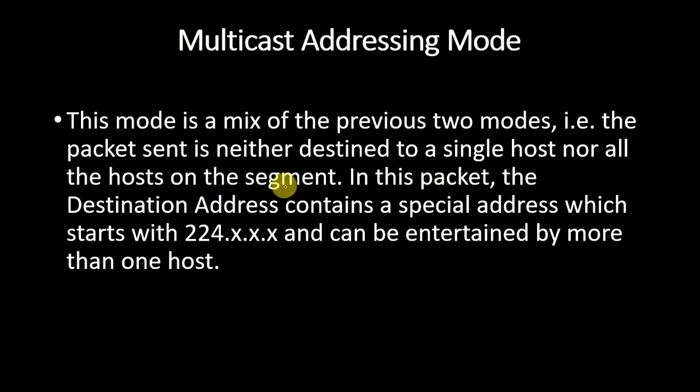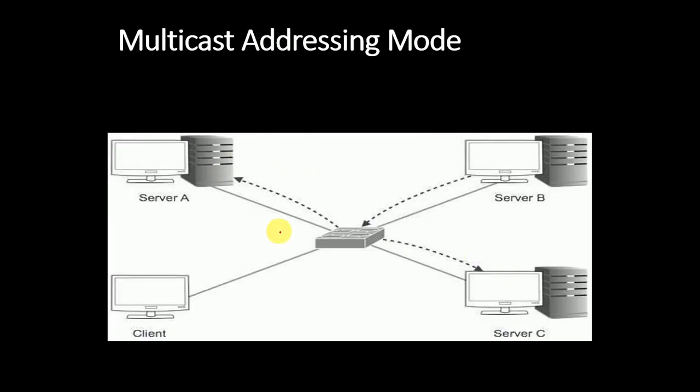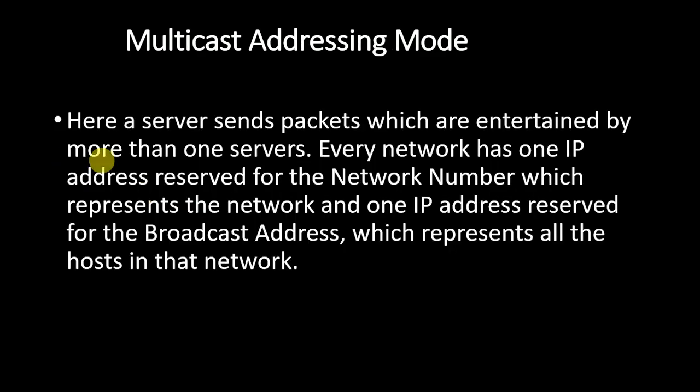In this addressing mode, the destination address contains a special address which starts with 224, and it can be received by more than one host. This is the diagram for the multicast addressing mode. Here the server can send packets which are received by more than one